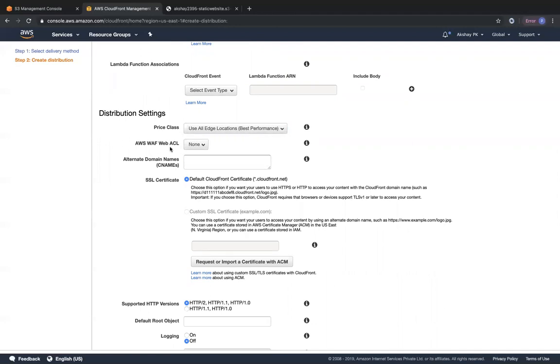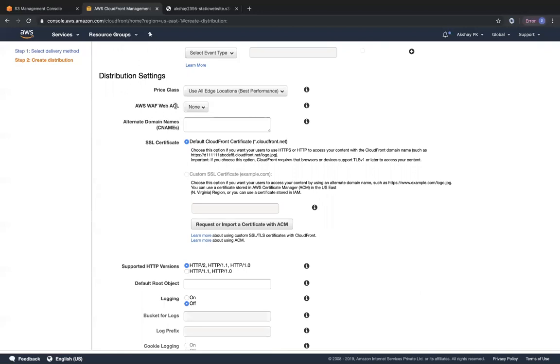And when we mentioned the security aspect of using CloudFront, you can also prevent some of your network layer and application layer attacks by going with AWS WAF, or web application firewall. Probably we will dedicate a separate class to creating a web application firewall and integrating it with this CloudFront distribution. But right now you can note that under the distribution settings, we can also include our web application firewall's ACL, or access control list, over here.